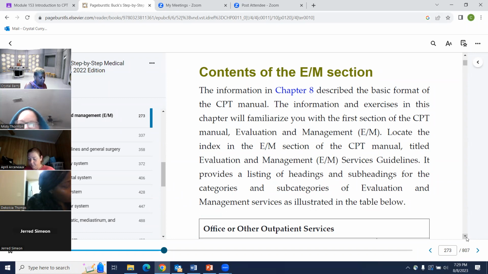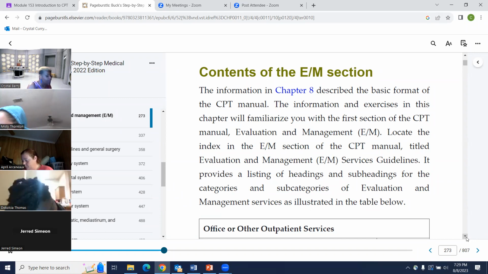It's right before the red pages. It's going to have all of the specialties, office or other outpatient services, subsequent hospital, and then it's going to tell you the levels. Medically appropriate, medical decision-making, straightforward, low, moderate, high. So we're going to get more into that, but that's where you would find your levels of complexity.